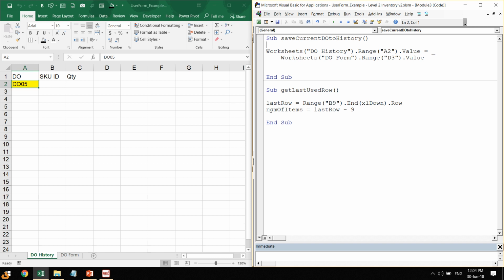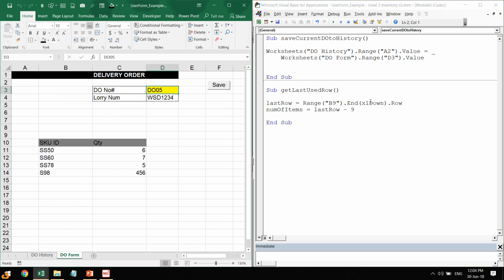Now we also want to learn how to use this getting last used row, right? Let's go to the DO form. So we're looking at this form, and from cell B10, we just type in this, and we will track this last row from cell B10 going down,